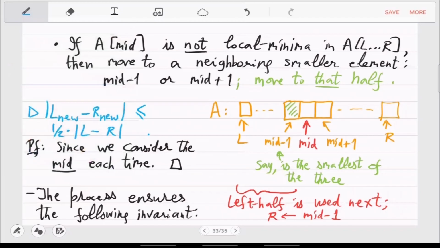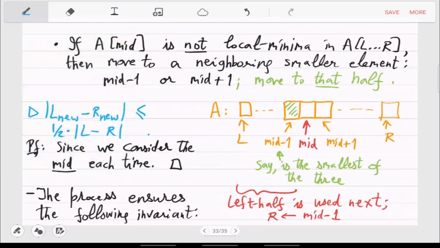So for that we had, mainly, this lemma 2. Lemma 2 says that when we change the endpoints L and R, we are always making an improvement. So basically the A[L] value is smaller than its neighbor and A[R] value is smaller than its respective neighbor. So there were 2 boundary points.